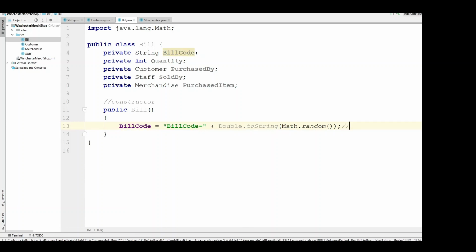So for example, the final bill code is going to look like, let's say, 001. It does have a dash, so it will have a dash, and then whatever number comes out of it. It can be anything. Okay, so every time this bill is created, it's going to generate a new bill code, and then I will ask the